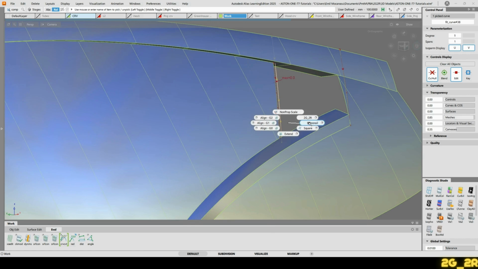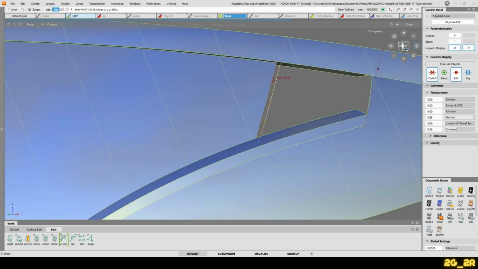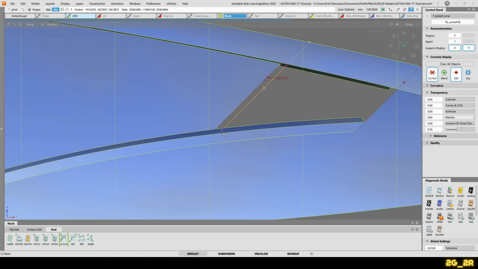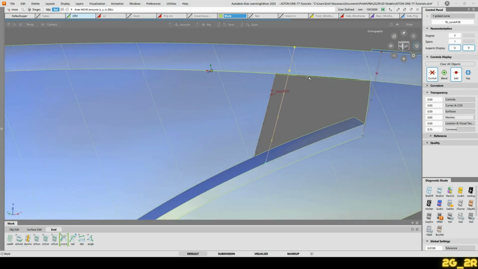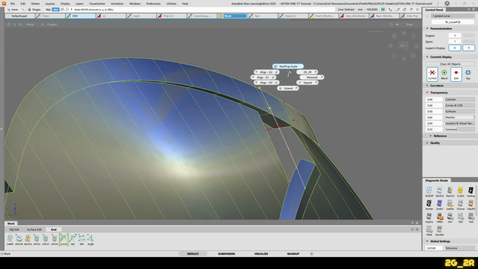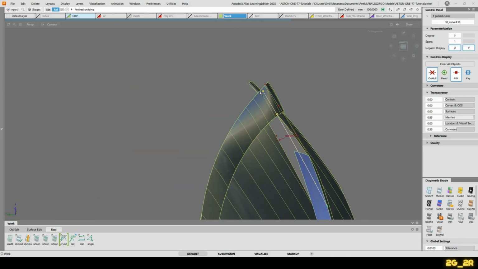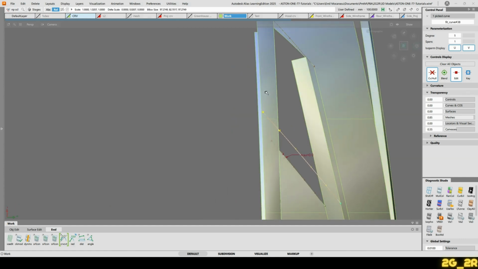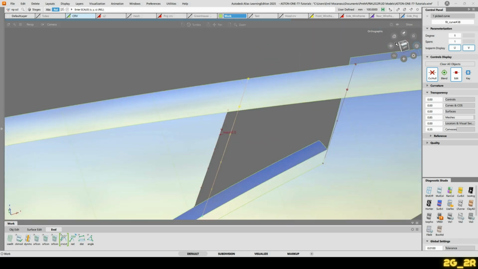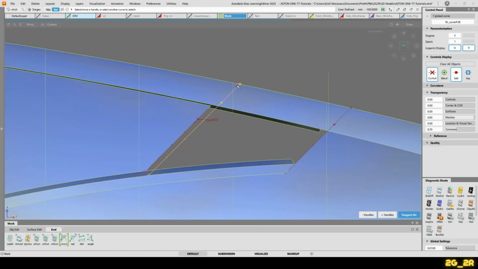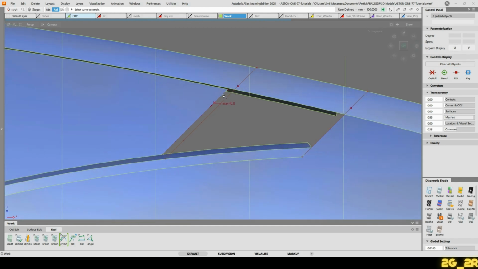Now I'll move its pivot down there, and I'll bring this curve onto this line here. And then I'll non-proportional scale it in the y direction till it hits that line there. That's it. And then now with the stretch tool, I'll bring this in here. Okay. Now I'll extend this down to that line, stretch this one here,